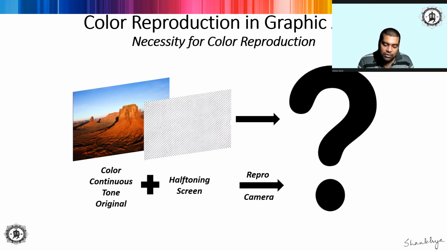So you need a transparency which will be a record of the cyan areas in the original in the form of halftone dots. You need another transparency which is a record of the magenta areas, another which is a record of the yellow areas, and another which is a record of the black area in the original. Regarding black, there is a little bit of difficulty, so I am not going into the black area now, because we will deal with black once we understand why black is required in the first place.